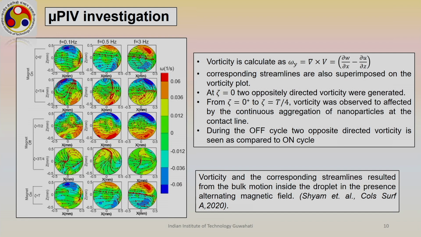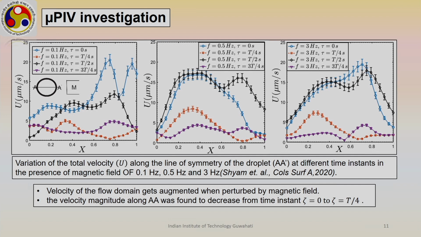As we are perturbing the magnetic field, it will definitely enhance the evaporation rate. So the droplet will be evaporated, and this formation of vortex structure has a big role to play in the overall evaporation kinetics. So what is finally important is that we can also capture the flow velocity which is being developed inside. Here all the flow velocity field which we have captured is along the line A. So we have captured the absolute value and the flow velocity, the velocity of the fluid particle along line A using this microgravity technique.